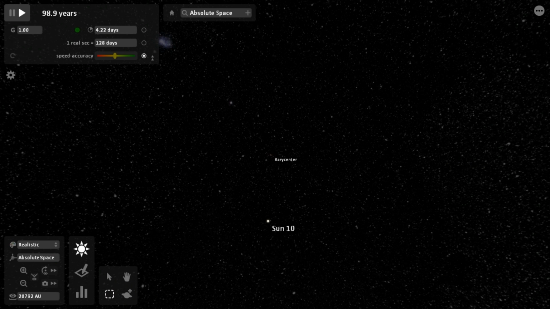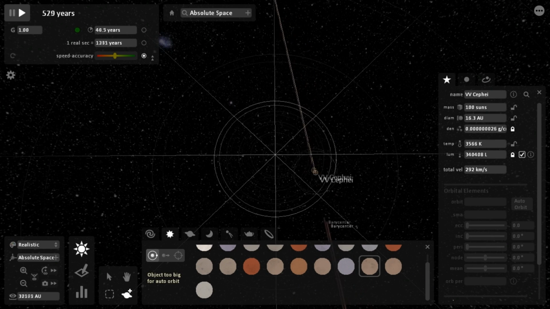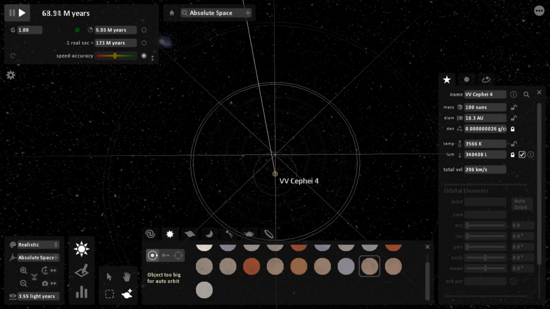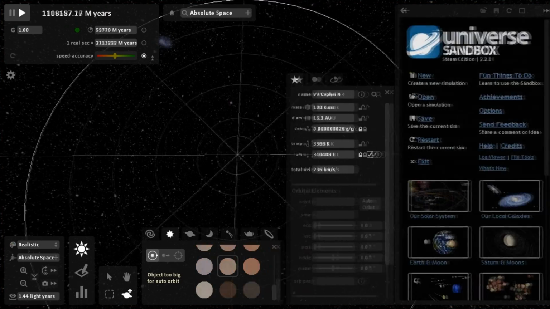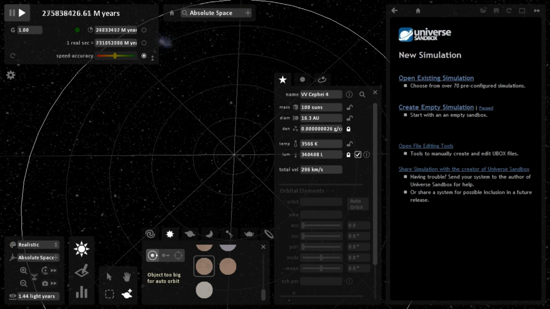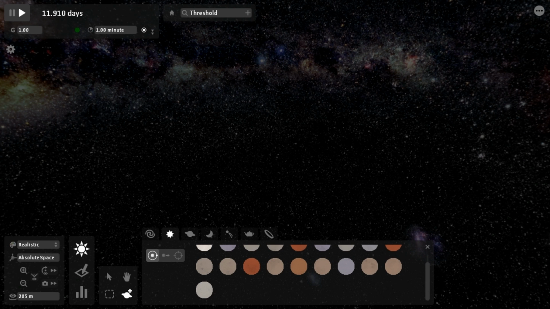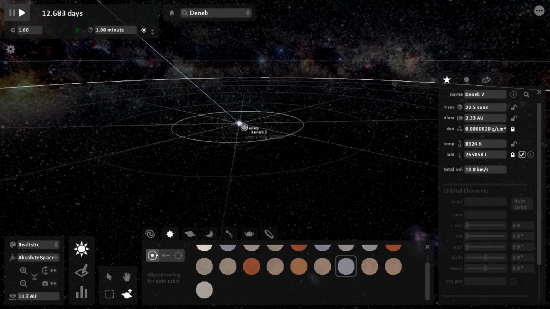There's one other way you can have triple systems. If you have something like, I don't know, this 100 mass star. Did I put that in there? You know what? I'm going to stop. Actually, I'm going to create a new simulation, an empty simulation, because I don't need all this garbage. So yeah, if you have a dominant star, say something like Deneb, which is 22 solar masses,